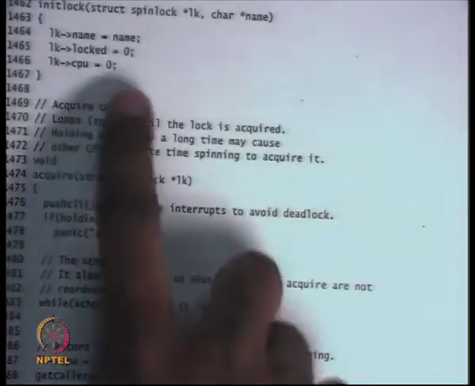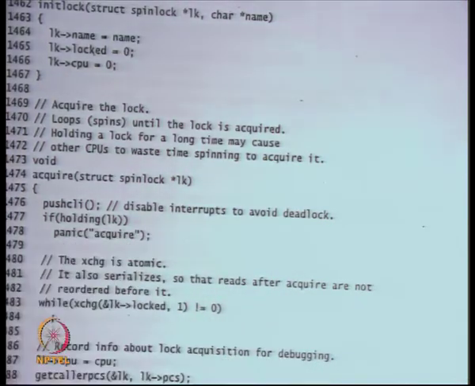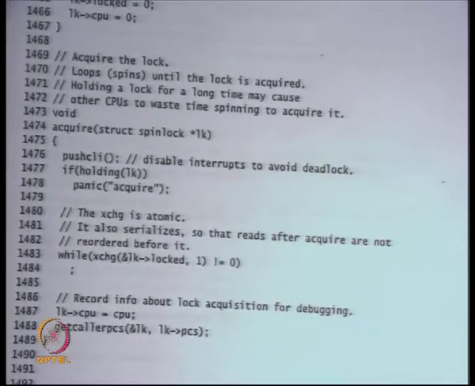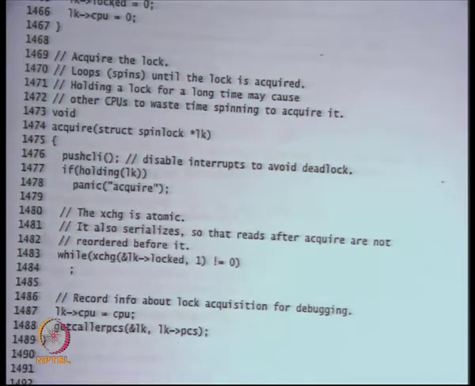Right. In general, if you didn't have the CPU field, you wouldn't have been able to make this check, and that program, if you have written your code correctly, is still correct, but it's a debugging aid for you. Right. So the other slightly subtle semantics are that a lock is actually held by a CPU, right? That falls out from the fact that you disable interrupts. So a thread and a CPU basically mean the same thing, because if you disable the interrupts, the thread is now stuck to that CPU, right? It cannot now move anywhere.